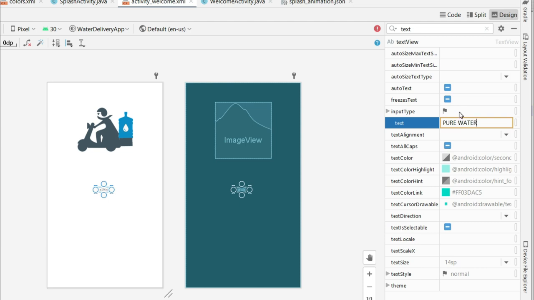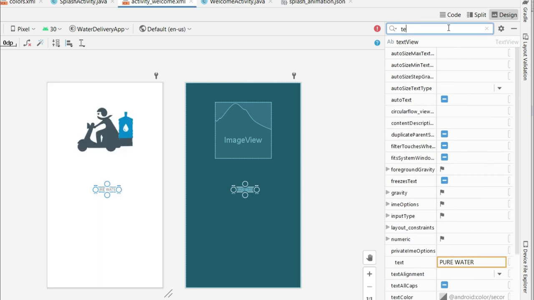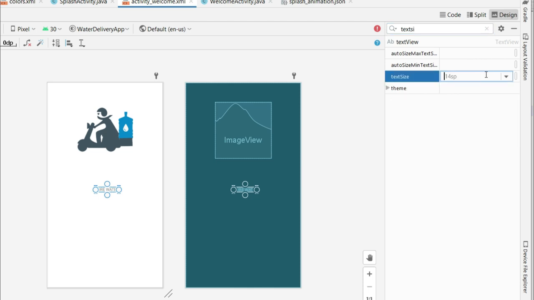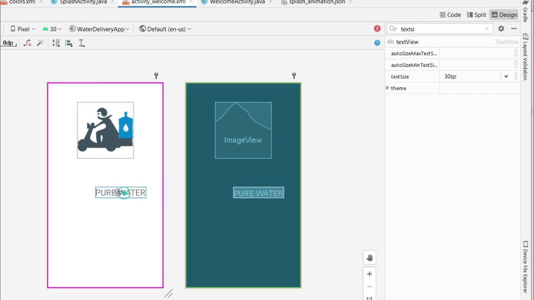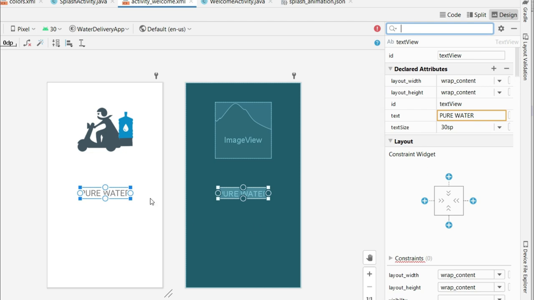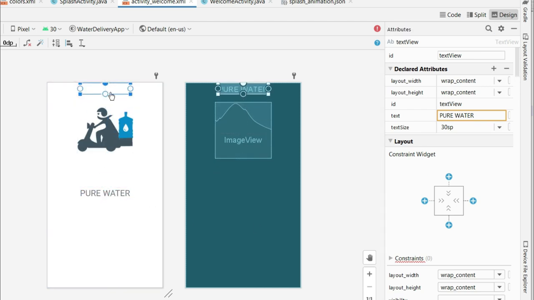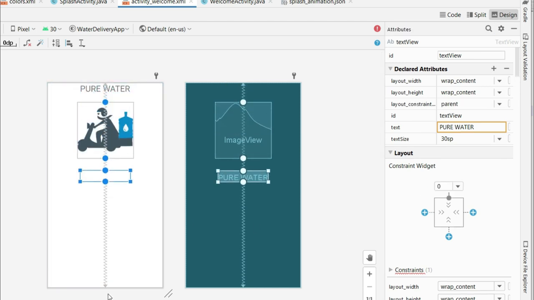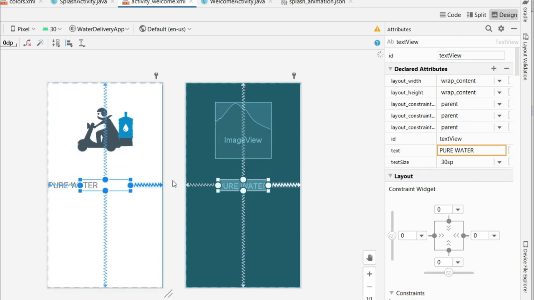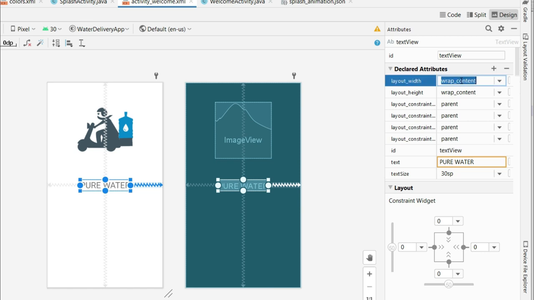In the text we have written pure water, and for the text size we want 30 sp. Now let's give the constraints with the parent left, right, top, bottom, and for the width we will give match constraints.